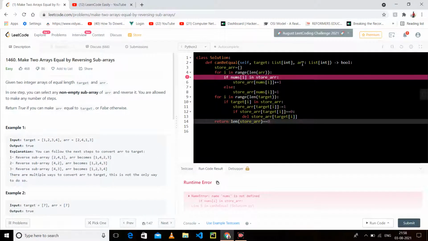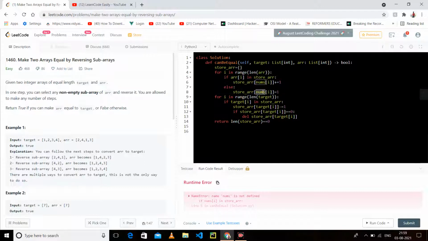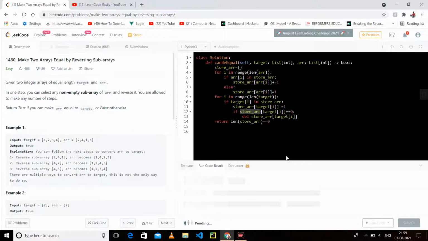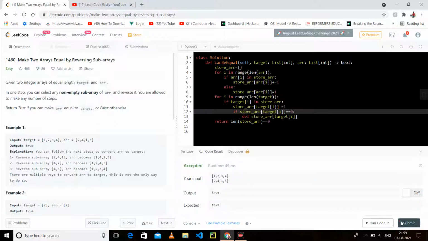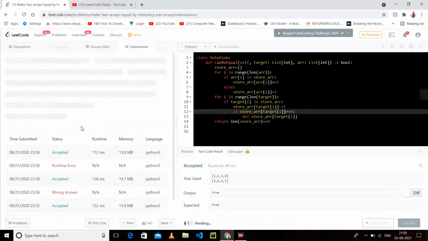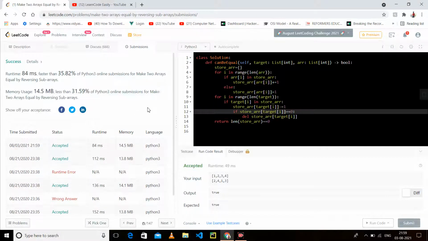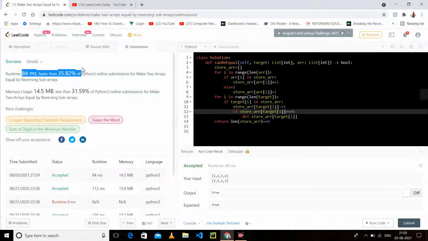And nums. So now again run. So it is true, it is giving me the correct answer. Let's submit it. So it has been submitted and it is faster as well.